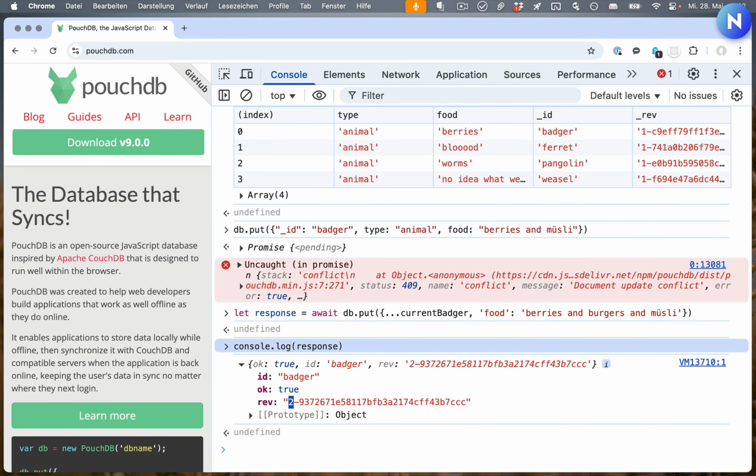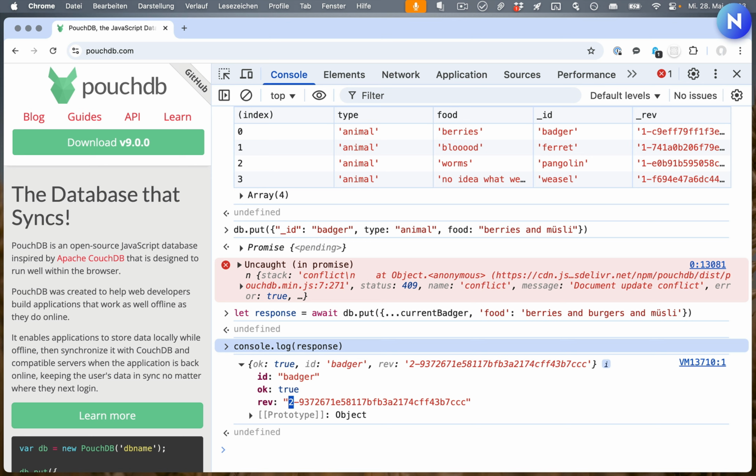The big selling point here is that these networks of databases can be partitioned, meaning the individual databases can be disconnected from each other. You'll still be able to use whatever you can reach, and once the connection is re-established, the databases will sort themselves out, and you can rely on the data being eventually consistent. This is a guarantee that CouchDB gives you. And this is really great for offline-capable local-first type applications, since CouchDB and PouchDB are designed from the ground up to work well in this scenario.